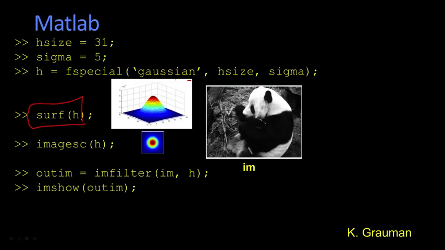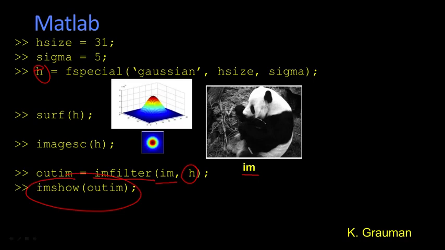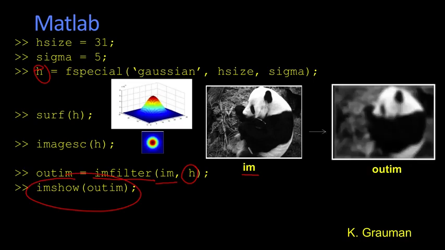And if you do it with the right color map, you would see this. You can also show it as an image. That's what this little picture is right here. All right. But even more importantly, you can take your image, and that's our image here of a panda. I can filter it by this H, which was the filter we just built, and then what's that going to look like? It's going to be a blurry panda. Okay? This code